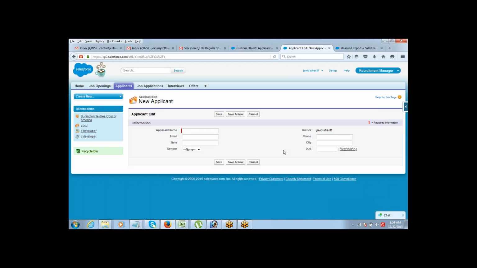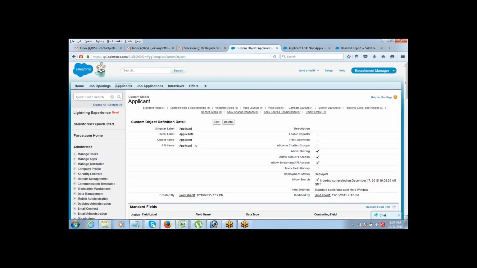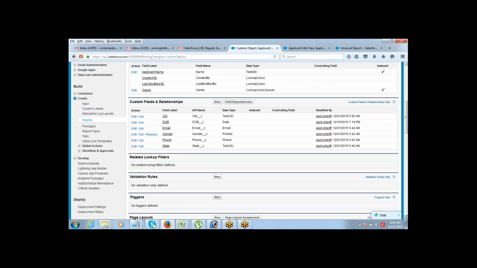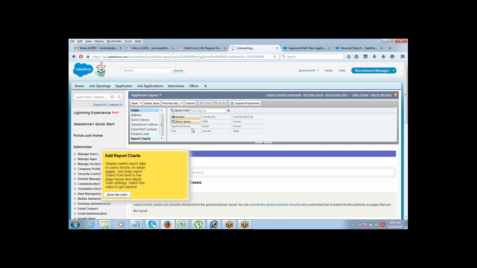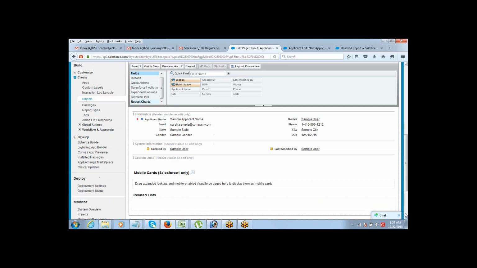Required means, let's say currently date of birth is not a required field, it's not mandatory, correct? But if you want, you can do the customization and make a certain field required through the page layout. So just go to page layout, click on edit. I want to make date of birth a required field. Now this is where date of birth is.